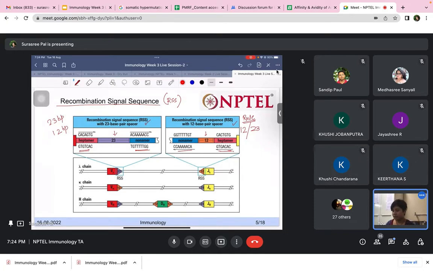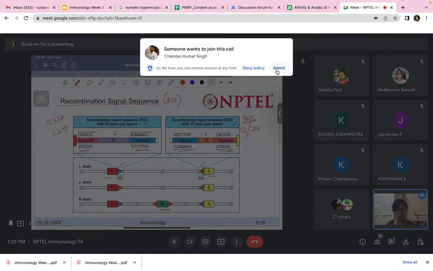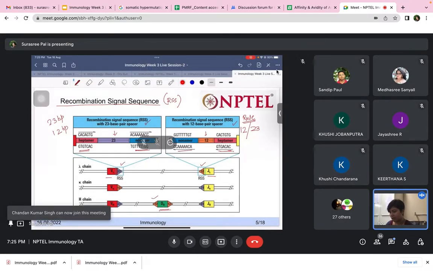potential recombination event. And you can see here that these V segments, the J segments and the D segments as well are flanked by this kind of recombination signal sequence. Here you can see that this is a 23 base pair sequence, whereas this is a 12 base pair sequence flanking the ends of the V segment or the J segments or the D segments as well. Now what happens is that these 12 and 23 base pair recombination sequences combine. They actually, what happens is that, suppose there